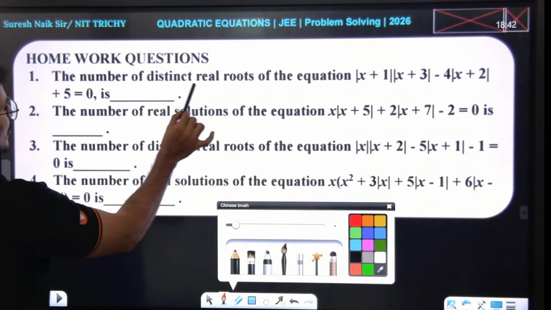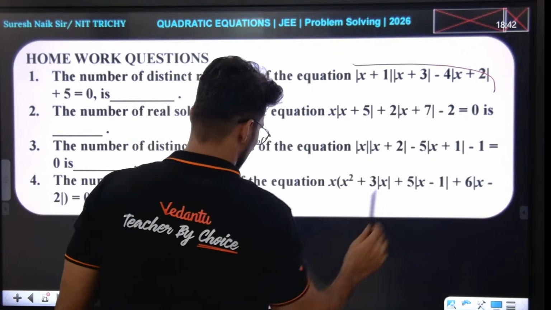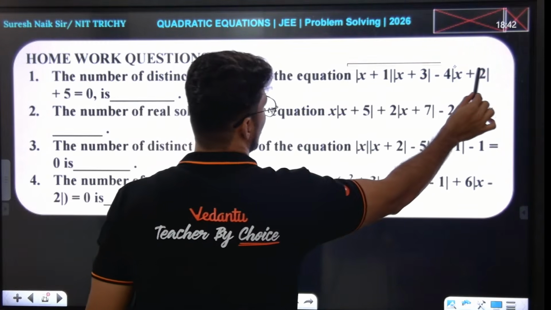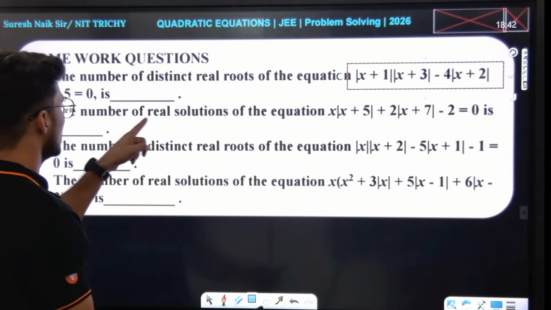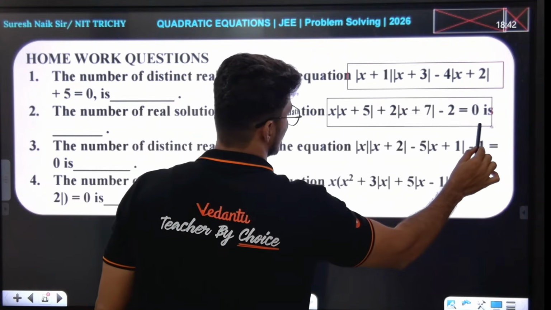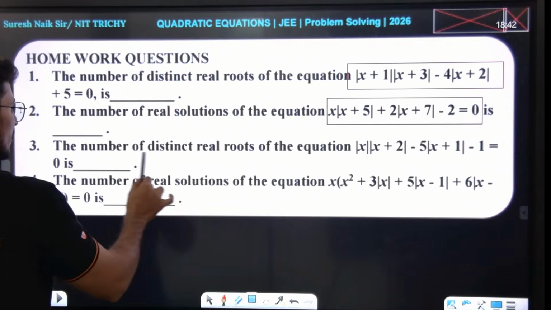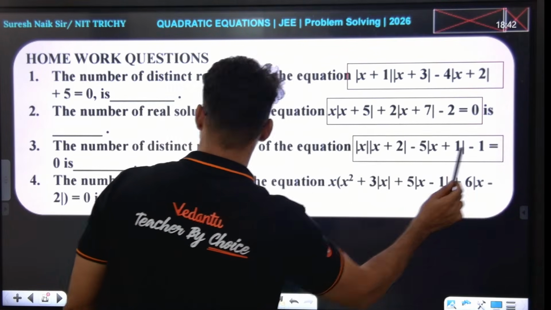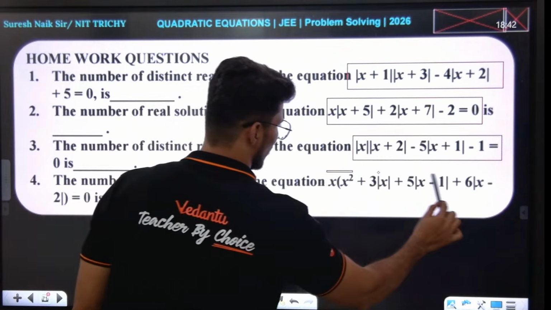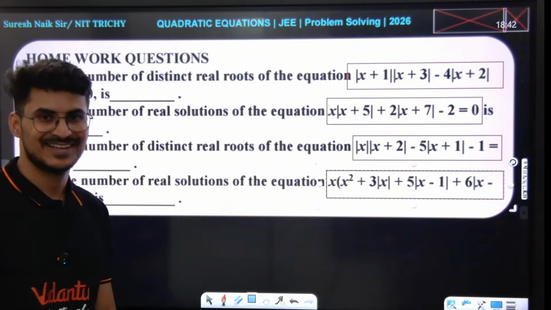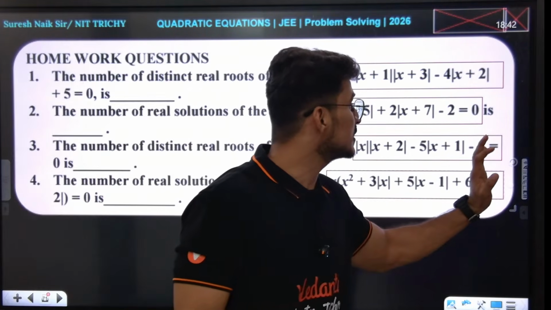Homework questions. The number of distinct real roots of this. Oh my god, they have asked this in 2026. This is a 2026 question. Number of real solutions of this. Modulus based questions. The number of distinct real roots of this. Again, the number of real solutions of this. For modulus, okay guys, in the questions,